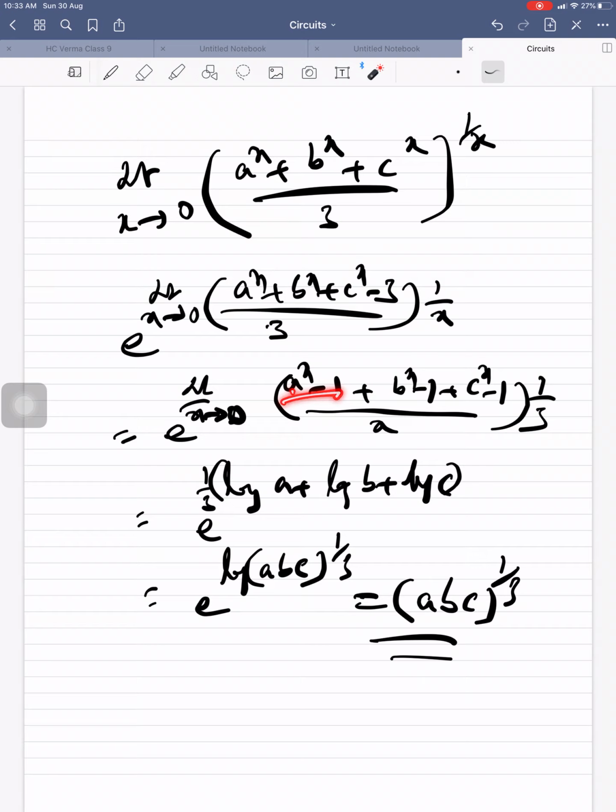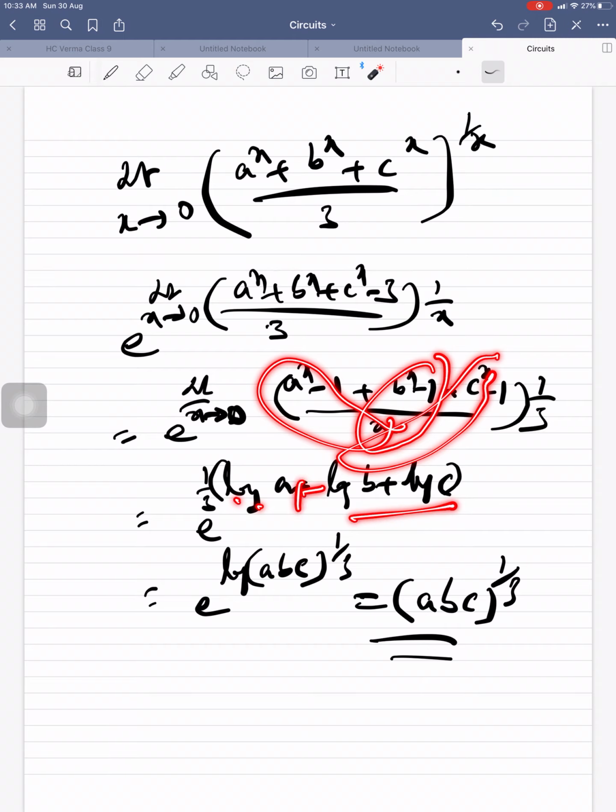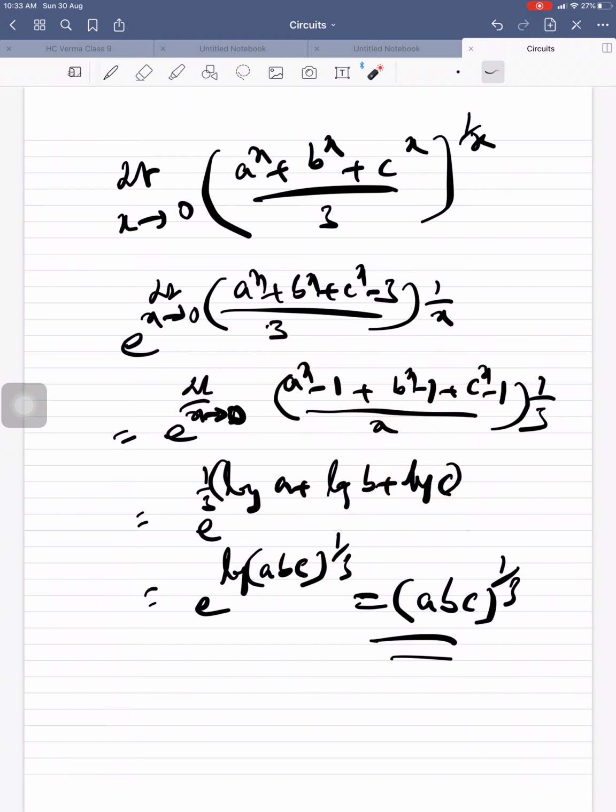a power x minus 1 by x, b power x minus 1 by x, c power x minus 1 by x. That means 1 by 3 e power limit this one. So log of a, log of b, log of c. These all are plus. So you know the logarithm property. Log a plus log b is log ab. Log a plus log b equal to log ab. So by using that, and also here